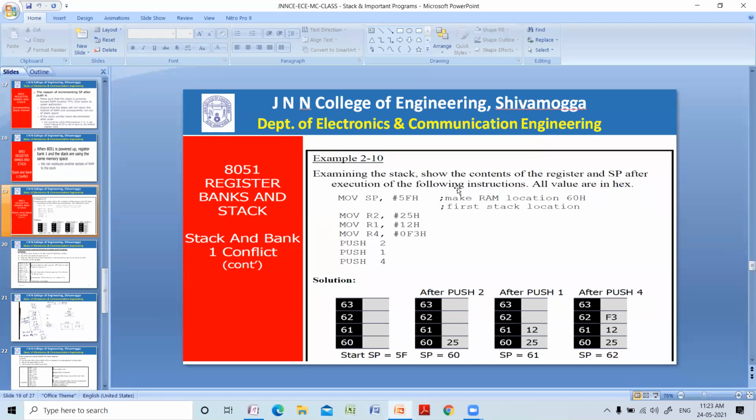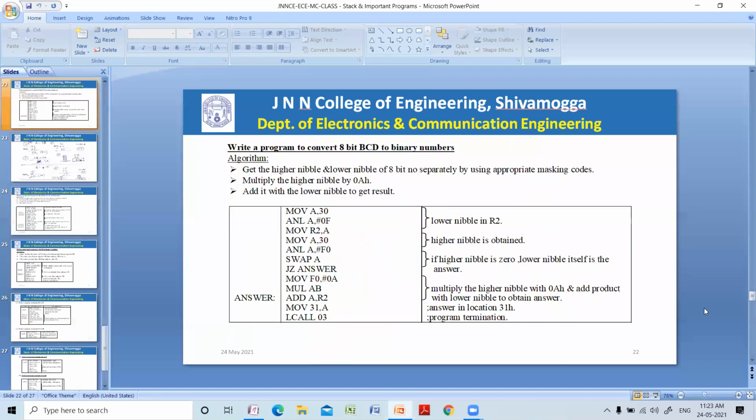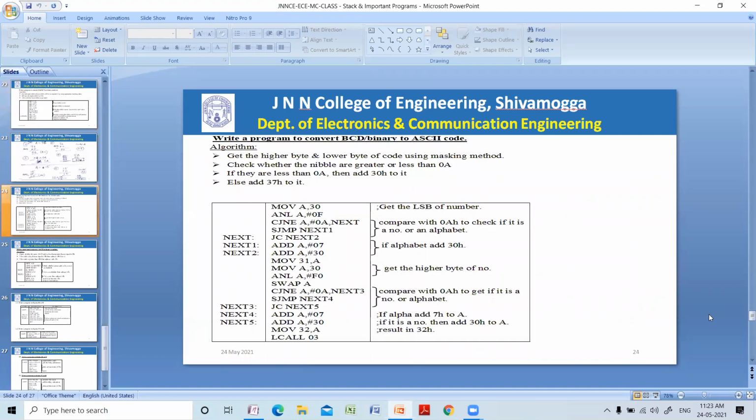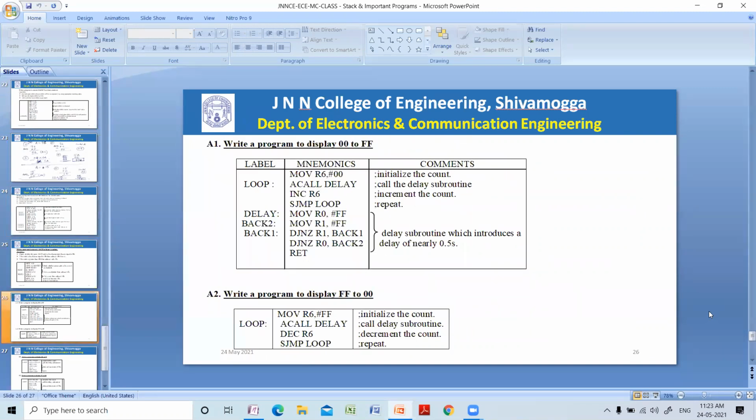So in today's afternoon class, we shall see code conversion programs. First program is to write a program to convert 8-bit binary to BCD. Second program is the reverse, BCD to binary. Third program is binary to ASCII. Fourth program is ASCII to binary.